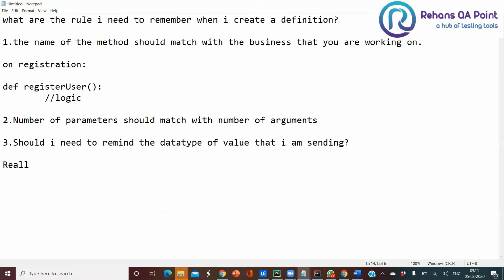Really, yes. Why? Because in Python, we cannot concat a string with an integer.